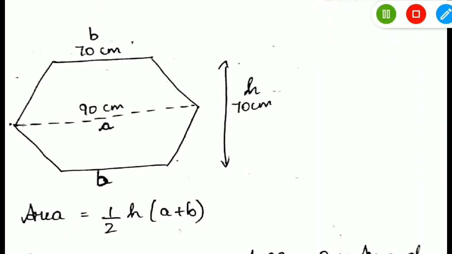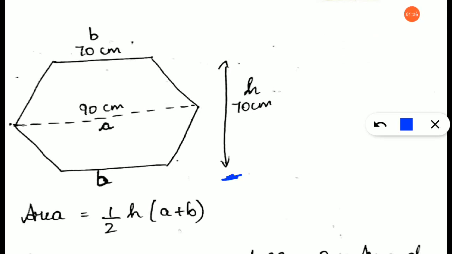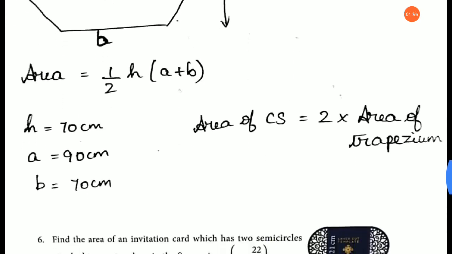Okay, and what is the height here? This portion is called the height. And then A plus B, I already told you the two parallel sides of that trapezium are called A and B. It might be anywhere in that diagram. Not necessarily, it will be in the base or it will be at the top. It can be on the right and left hand side also. Okay, so these are the two parallel lines. So we can say this part is A and this part is B. Okay children. Now substitute the values and find the answer.